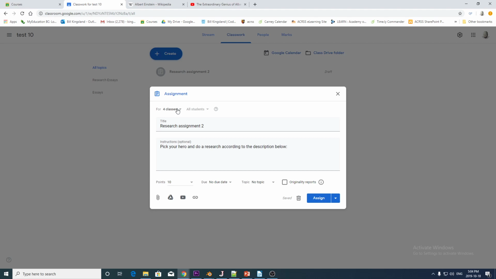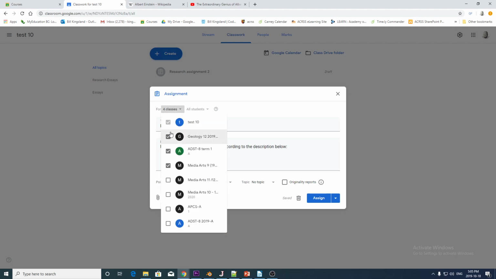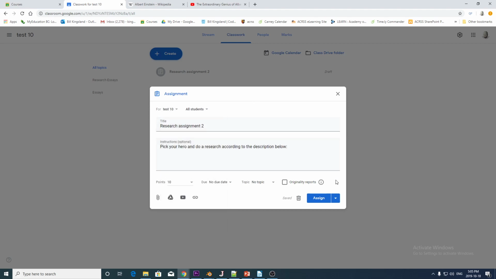Now, this is really handy. It's especially handy, again, if you have multiple blocks of the same course. You can create a different Google Classroom for each class. You'd probably want to do that so it doesn't get too populated. And then when you create a new assignment, you would assign it to all 4 simultaneously, as long as you make sure to check off all the right buttons here. You need to check off each of the correct corresponding blocks. If you don't do that, there is another way. So if you forget to do that step,